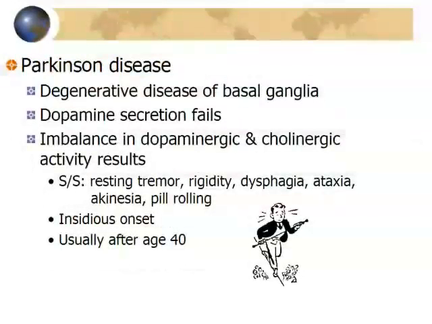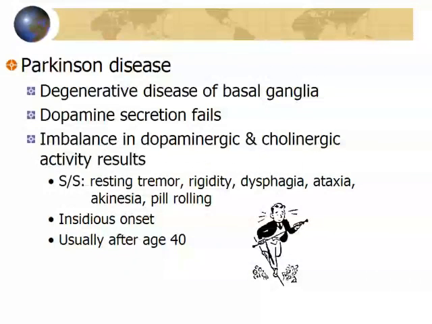Parkinson's disease is a degenerative disease of your basal ganglia. In this, your dopamine secretion fails, so you don't have enough dopamine. So you end up with an imbalance between your dopamine and your acetylcholine activity, your dopaminergic and your cholinergic activity, so the sympathetic and parasympathetic. They have to stay in balance so that you can stay in balance. When they're not in balance,